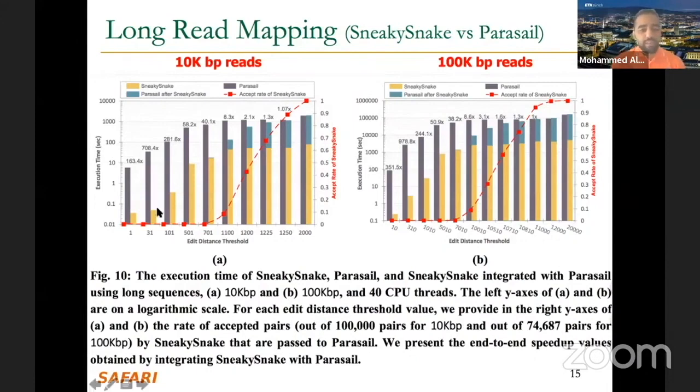In the yellow columns, you will see the execution time of SneakySnake only, the filtering. And in the gray columns, you'll see Parasail running alone. Now, if you go to SneakySnake, you get the accepted pairs and you try to run Parasail on only the accepted pairs,